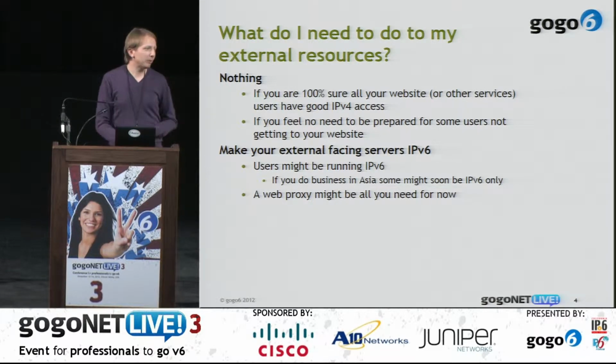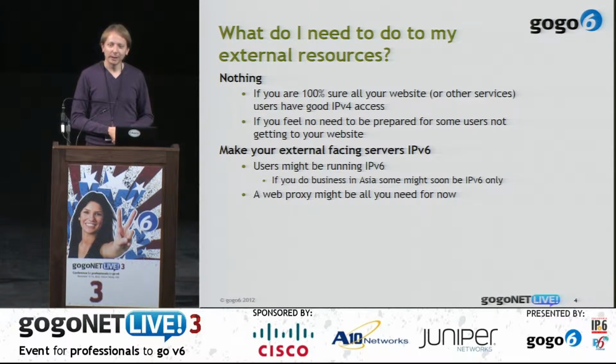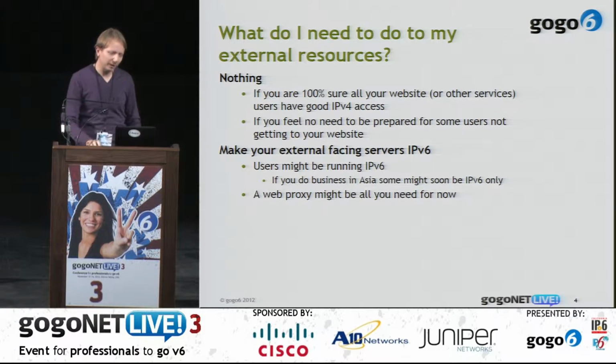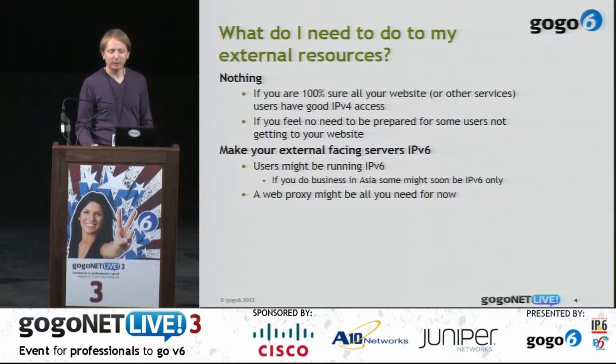And when suddenly someone up in management realizes that you're not providing an IT service that works, that's going to be your problem. So you have the choice to say, no, I'm safe, I'm not going to do anything, I'm going to sit here. But you have to be able to say that I'm 100% sure there's no one coming in, I'm not going to worry. So it's up to you to do that. And I think in the end, we're going to be at the point where you have to do something. And that is, you need to get your most important external resources IPv6 enabled. So if you can't say that you're 100% certain, you have to move on and start doing your IPv6 migration